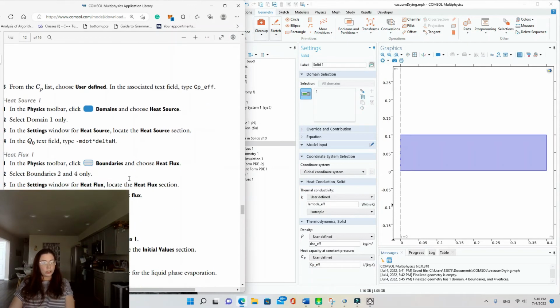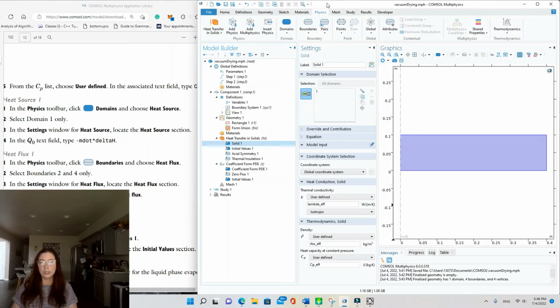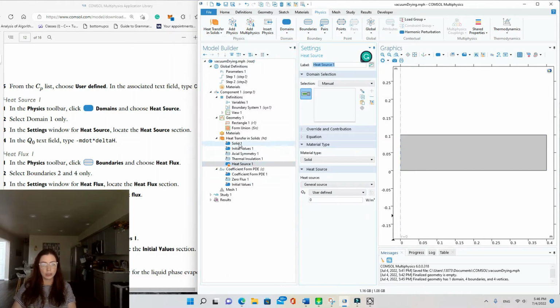Alright, heat source. In the Physics toolbar, click Domains. So I'm going to click on Physics up here. Domains is this blue icon, and choose Heat Source. So this will add a condition down at the bottom underneath Heat Transfer physics. In the Settings window for Heat Source, locate the Heat Source section right here. And in the Q0 field, we're going to type the expression negative m dot, or the rate, m dot meaning